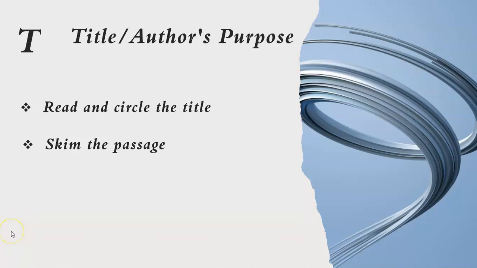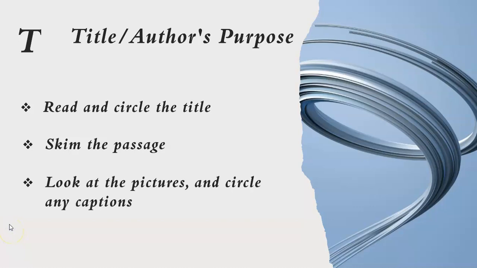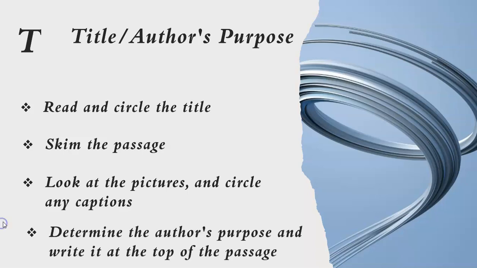We'll do this a little more in depth in just a couple moments. After that, we're going to look at the pictures and circle any captions. This is where we are really putting those previous skills of interpreting text features to use. And finally, we want to determine the author's purpose and write it at the top of the passage, because